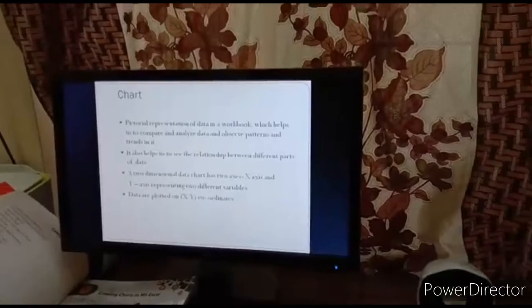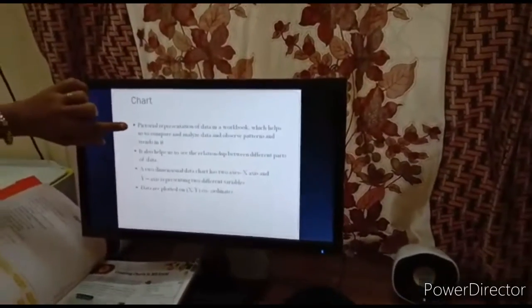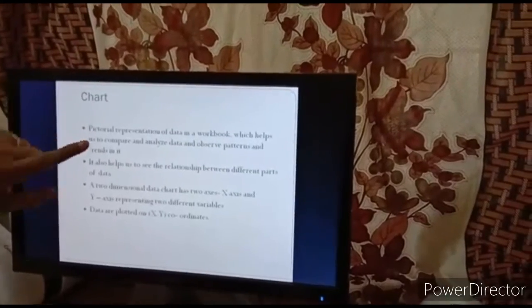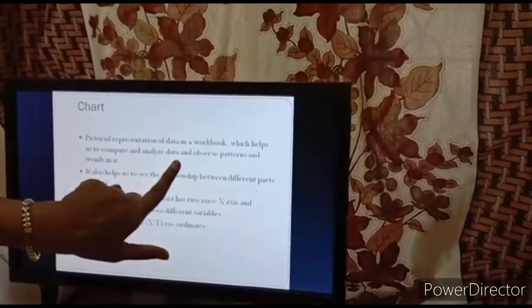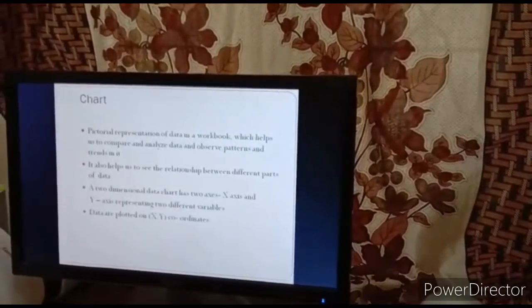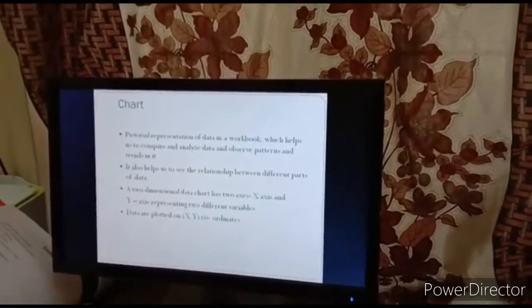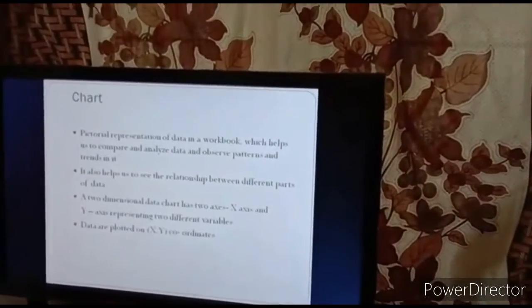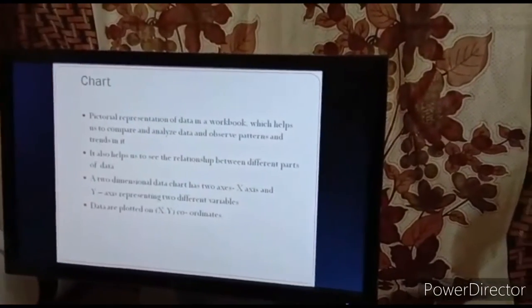What is meant by a chart? A chart means a pictorial representation of data in a workbook which helps us to compare and analyze data and observe patterns and trends in it. What are the trends? If there was, for example, sales of a mobile phone for a particular duration, it will be high